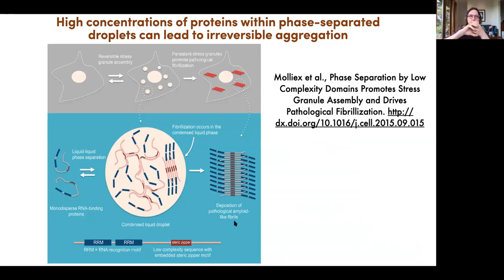Sometimes it results in the formation of what people call amyloids, but sometimes it just results in a kind of irreversible, denatured clump of protein. You can think of it as like cooking egg white. And those kinds of tangled clumps of protein are associated with a number of neurodegenerative diseases, particularly dementia. Alzheimer's is associated with these bodies in the brain that are actually formed of proteins that undergo this kind of phase separation